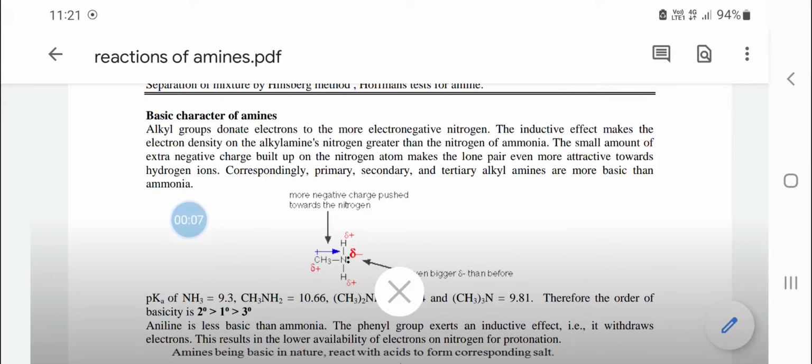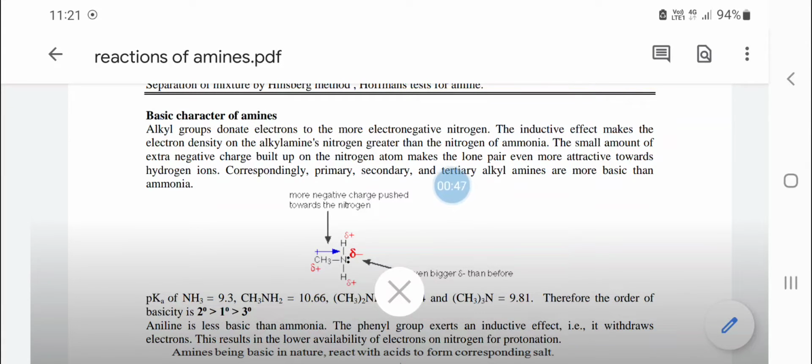Chemical reactions of amines. So let us see the basic character in amines. We know amines are derivatives of ammonia, so they will be basic. Also, how the basicity changes according to the groups attached to each amine. Due to the inductive effect, the electron density of the nitrogen atom will be greater compared to ammonia. So the nitrogen atom makes the lone pair more attractive towards the hydrogen ions, or it can easily